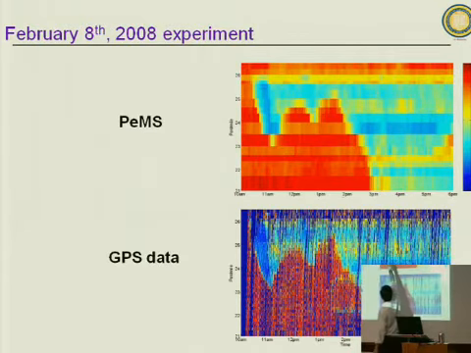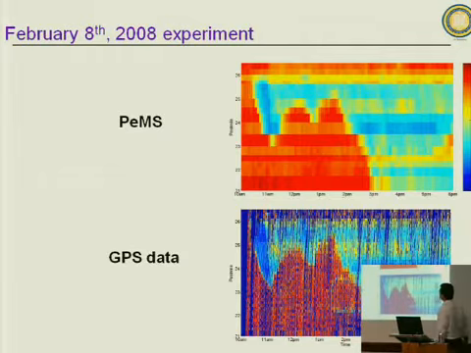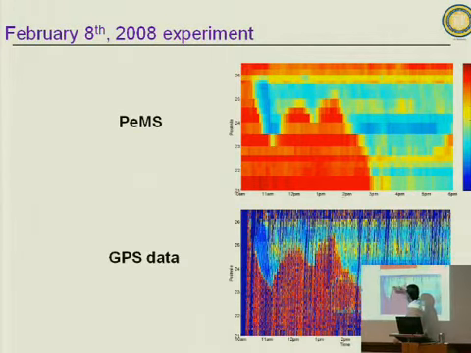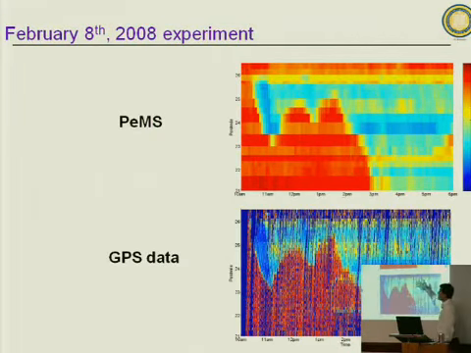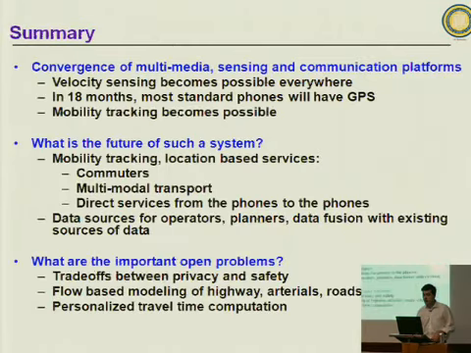And this blue thing is the congestion due to the incident. This is a very small portion of the GPS data for that very same day. And what is striking, and we are now running statistical tests on this, is the similarity of these two plots, which really gives us hope that what we're doing not only is an extremely rich data source, but also the algorithms that we are implementing on this data will really provide a lot of value